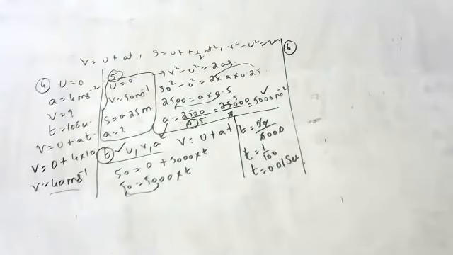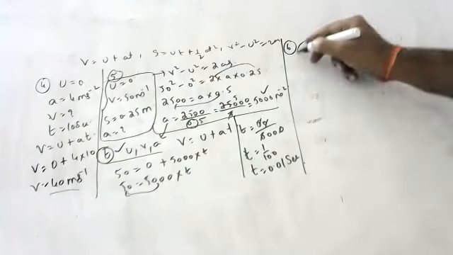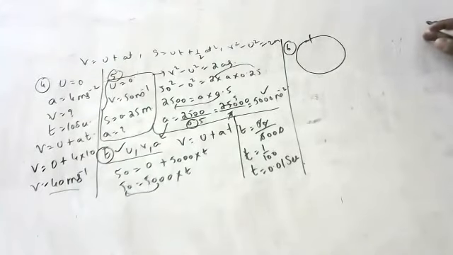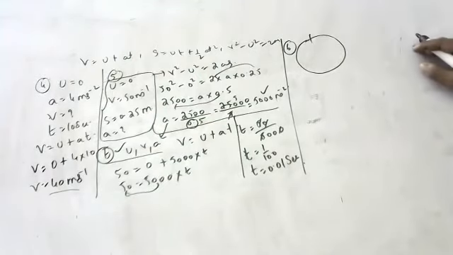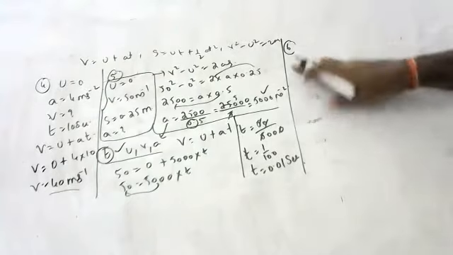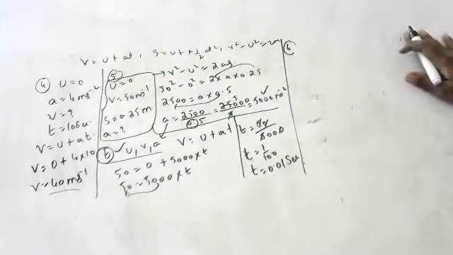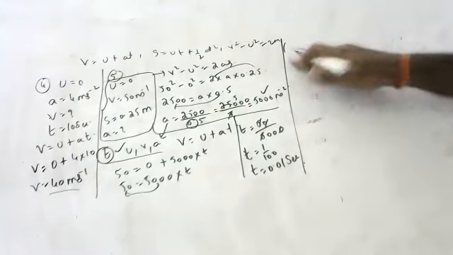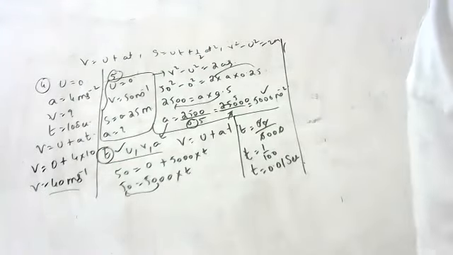Next, Nandita. A person is running along a circular path. At what point does he change his direction? If he covered half of the circular path, what will be the displacement? This is a very easy question, no need to do this one. I will take another one. An object is moving with uniform speed in a circle. Again, the angular velocity formula is not there in your syllabus.